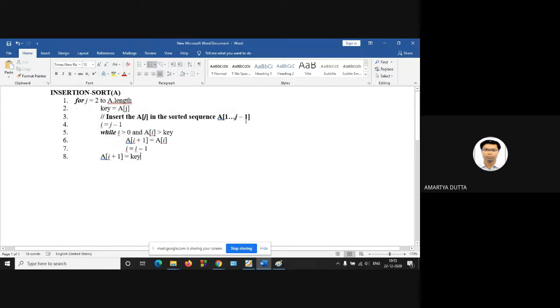Line number 3, insert, is just a comment; you can ignore it. Don't use the term dot dot dot; use up to or through. So insert A[j] in the sorted sequence A[1] through j minus 1.